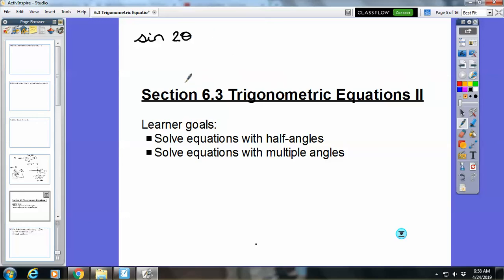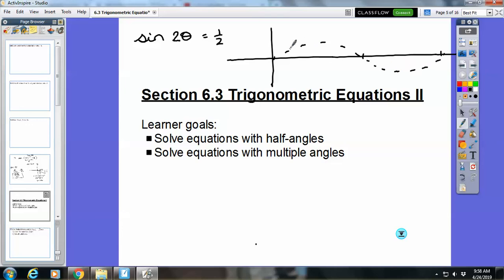Normally, sine, cosine, everything except tangent and cotangent have a period of 2 pi, or 360. If I put a 2 in front of that, my graph gets skinnier, and now its period is just pi, or 180 degrees. So if I were wanting every time sine 2 theta equals 1/2, for instance, and I said everything between 0 and 2 pi. Well, normally, between 0 and 2 pi, your graph would look like this, and we would get 2 solutions, one here and one here. But because that 2 would shrink our graph in,